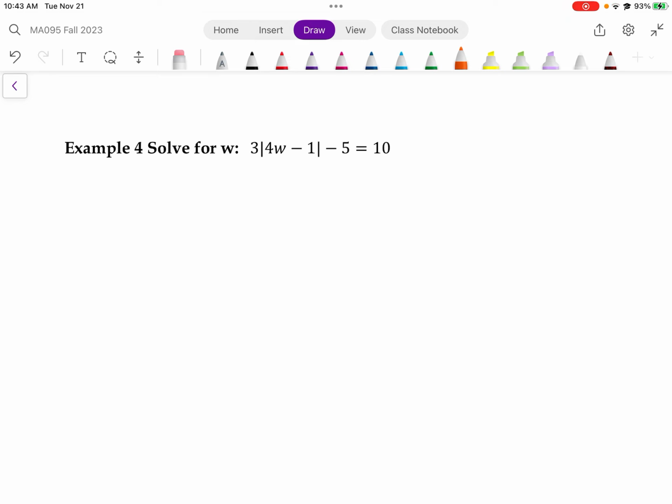Before we can set up, the first step every single time is to always isolate this absolute value before we can set it equal to the positive and the negative. So step one is always get the absolute value isolated. We need to add 5 to both sides, and we get 3 times the absolute value of 4w minus 1 equals 15. Now we need to divide both sides by the 3. Because it's multiplied, you can cancel it out. If it was added, you could not. Because it's multiplied, it's a factor, and we can cancel it out. So we get the absolute value of 4w minus 1,